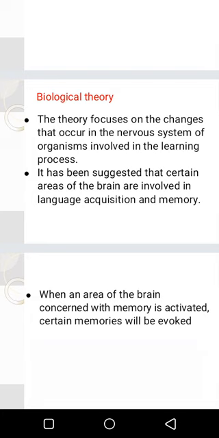Biological theory is basically looking at how the biological setup of an individual, how somebody is born, how somebody is made. So in this case, it is looking at the nervous system. When, for example, part of the nervous system is disturbed, learning can also be disturbed. An example given, somebody who has had maybe a traumatic